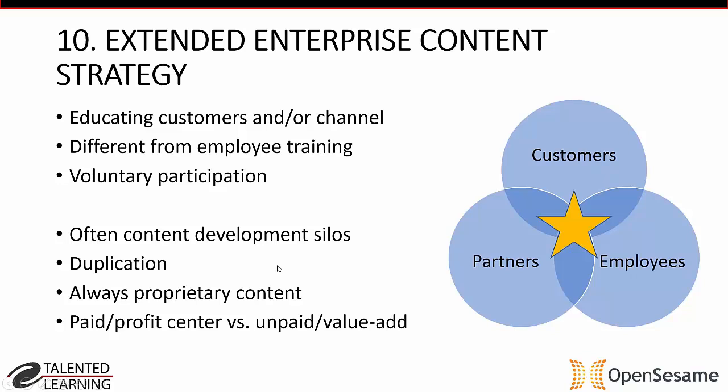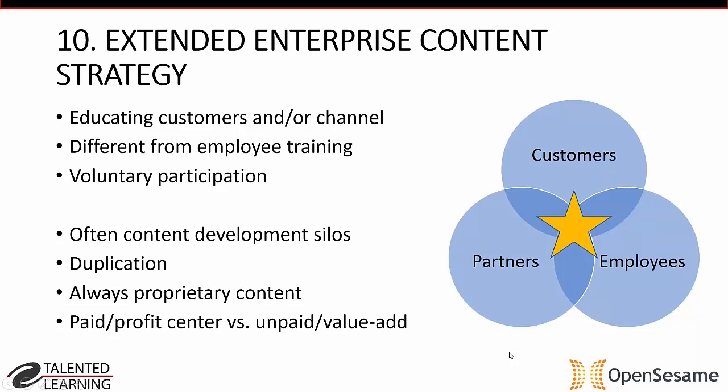Now, customer learning content is always, things that you can buy off the shelf or from content marketplaces in most times. But customer learning content, very rarely do you buy a management course to give to your customers, or very rarely do you buy a first aid course to give to a partner. But what you do is there's an intersection between partner content, customer content, and employee content. And that star area, that gold star, is the proprietary content that's common to all three of those groups. And it's typically about an organization's products or services or support that nobody else can make that content for them.